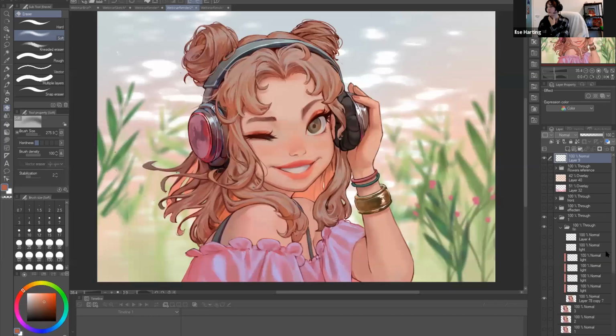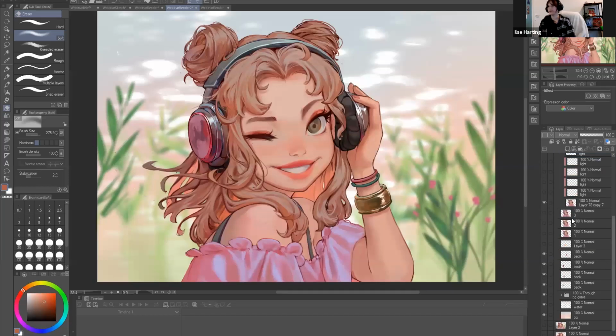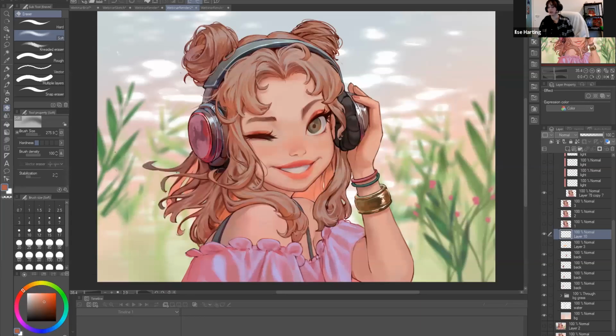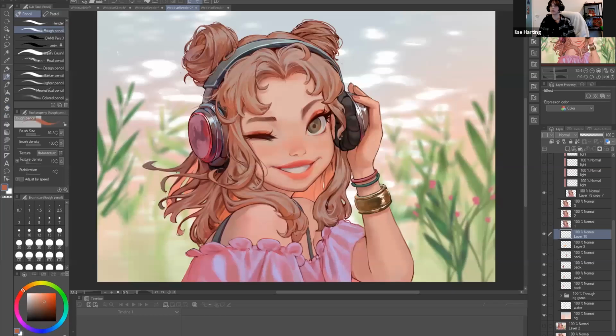And so, okay, once I was in this file, I did change a few things. For example, I cut up her hair because I wanted to be able to alter the back of her hair, since it's a little further back from her whole body. And I wanted to make that look stronger. So if there's an in-between line, like you can see,